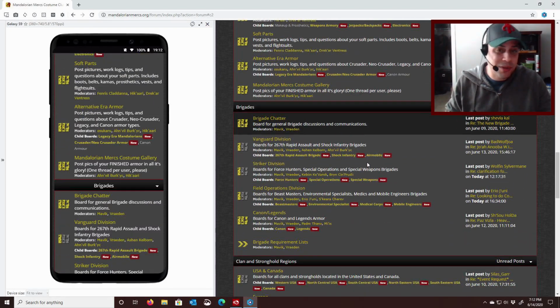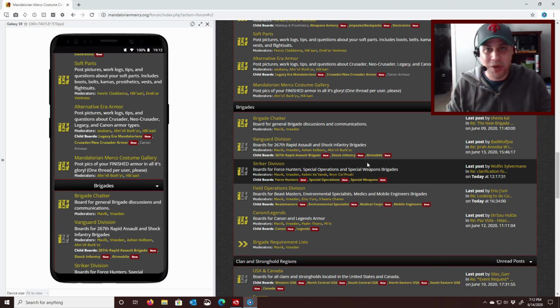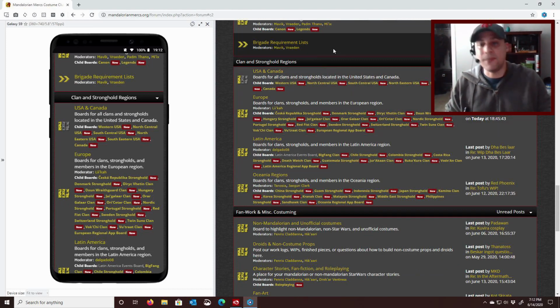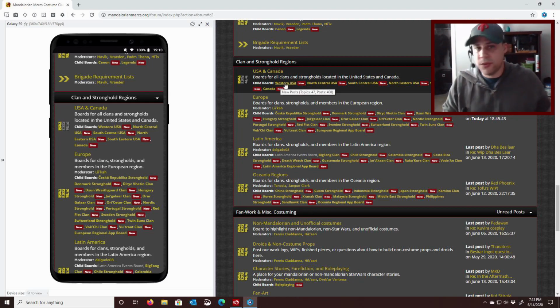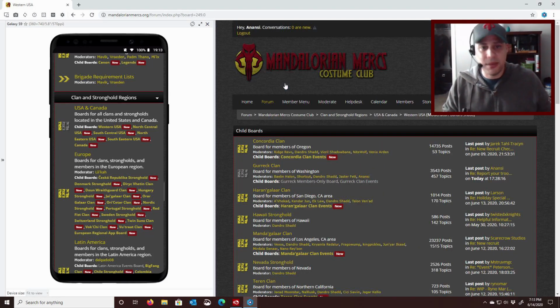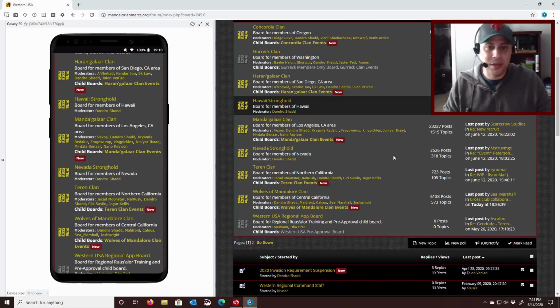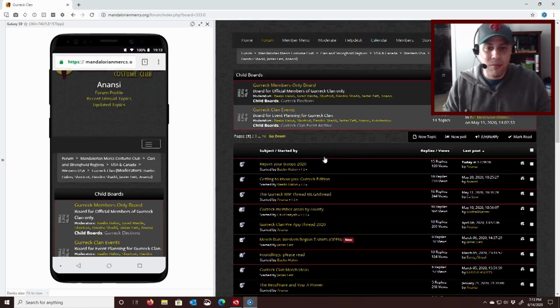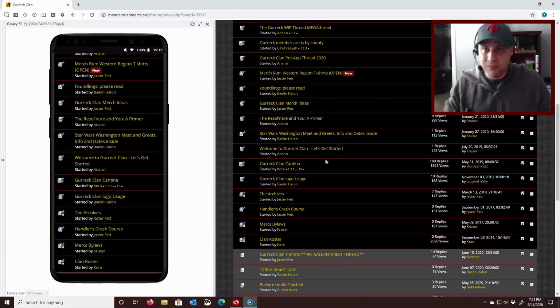Next area I would look at, again, this will be recommended to you after you introduce yourself and find your clan, is the clan and stronghold region. This is where all the individual clans and strongholds keep information specific to their area. So, for example, let's hop into Western USA, where you have all the great clans. I'm kind of partial to Gurreck clan for obvious reasons. Clans will keep their clan roster here. They'll keep other information